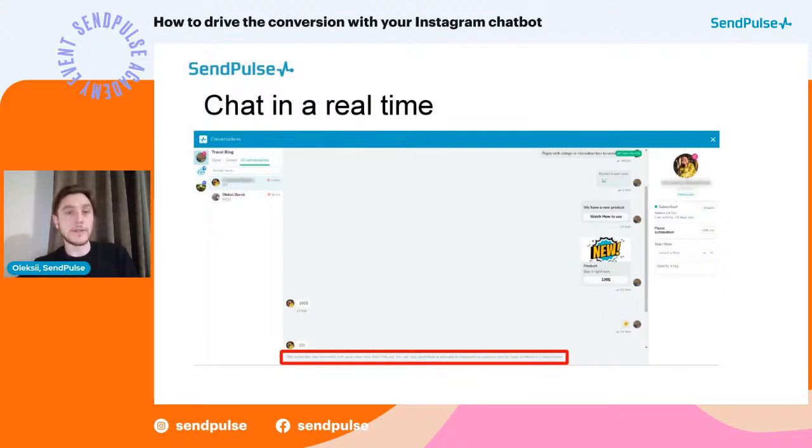So what we now see is the chat in real time. This is how our chats window looks like. It can be wide, or it can be a pop-up message in the bottom right corner. As you see, you will see all the customer journey here. You will see when the person is stuck somewhere, and if the person wasn't active,